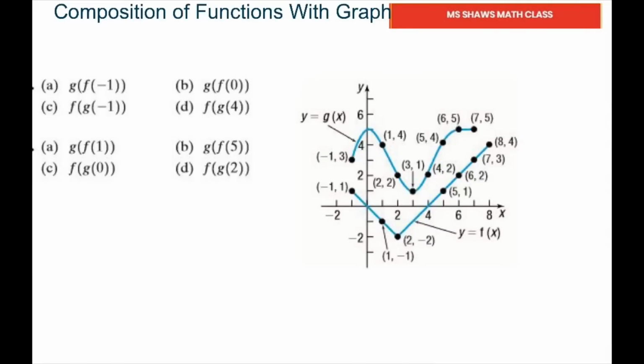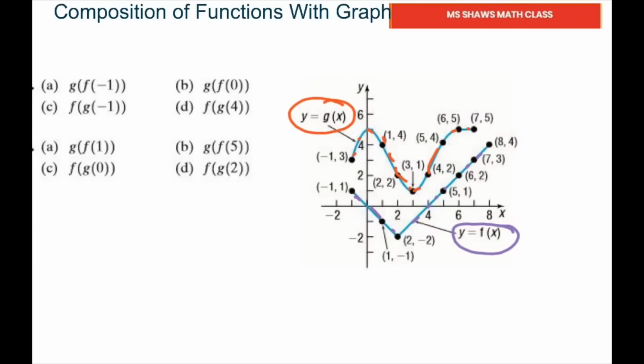Everyone, we're going to do composition of functions given a graph. This graph is kind of hard to see, so just want to let you know that this lower graph, this one right in here, I'll do a little bit purple, is f of x. And this upper graph here, I'll do in red a little bit, that's g of x. So basically what they're giving you is